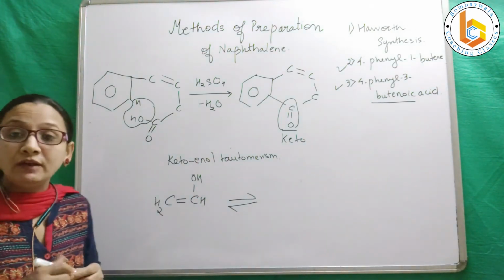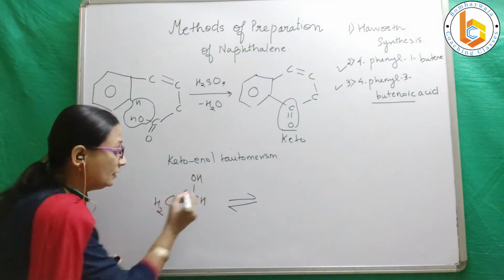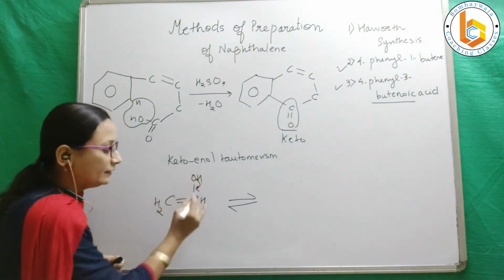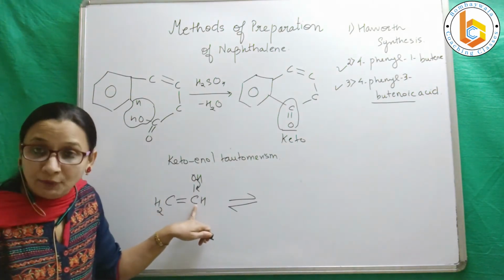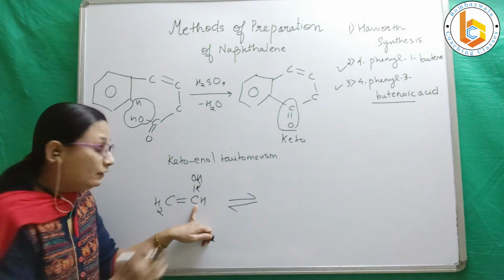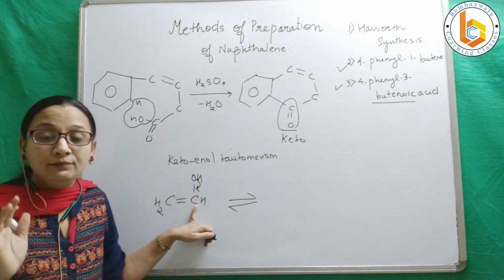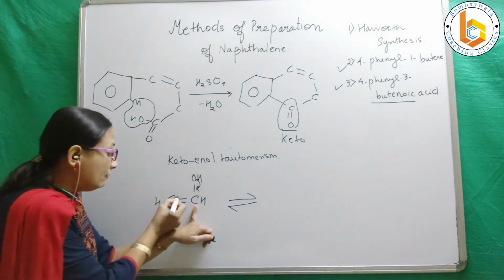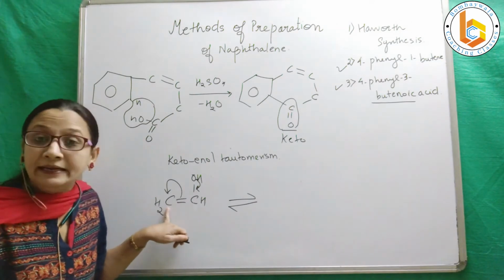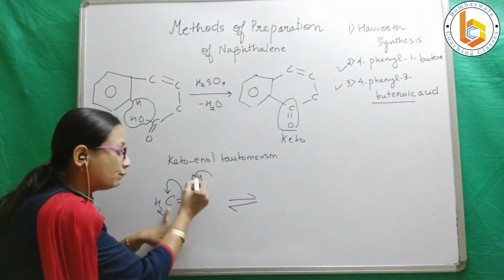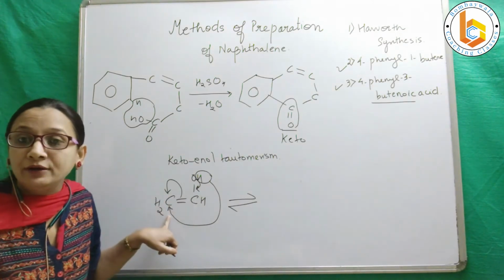Now see what will happen here. This H from this hydroxyl goes out of the system and gives a formation of a double bond on this carbon. If this carbon is double bonded, then the valency of this carbon will be 1, 2, 3, 4, 5. Carbon cannot have a valency of 5, so there will be movement of electrons towards this carbon. This carbon will be negatively charged, so this proton that is going out of the system will come and attack this carbon. Right?